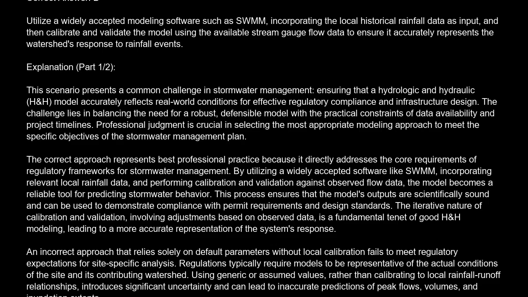The correct answer is D. Utilize a widely accepted modeling software such as SWMM, incorporating the local historical rainfall data as input, and then calibrate and validate the model using the available stream gauge flow data to ensure it accurately represents the watershed's response to rainfall events. Explanation. This scenario presents a common challenge in stormwater management, ensuring that a hydrologic and hydraulic (H&H) model